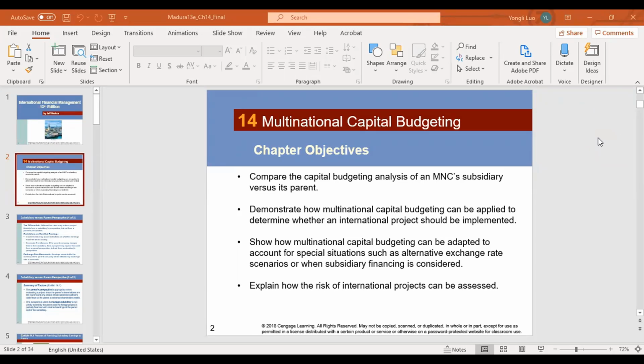Hello, everyone. Today we are going to learn Chapter 14, Multinational Capital Budgeting. The learning objectives include: